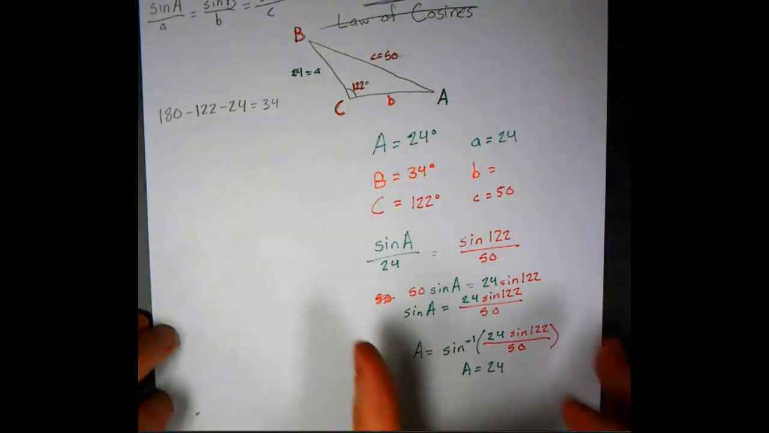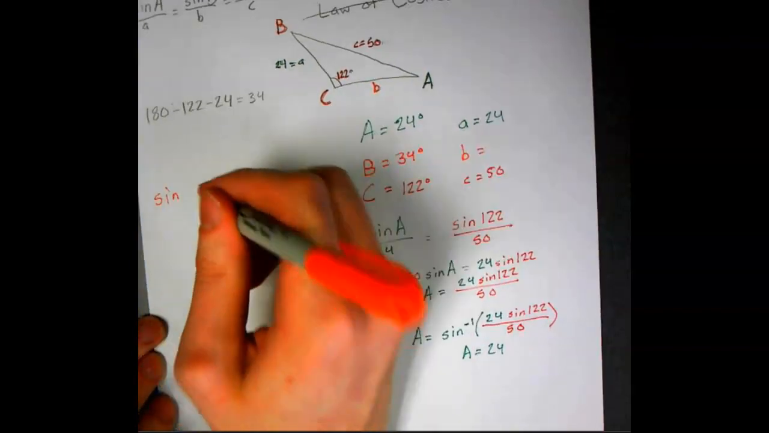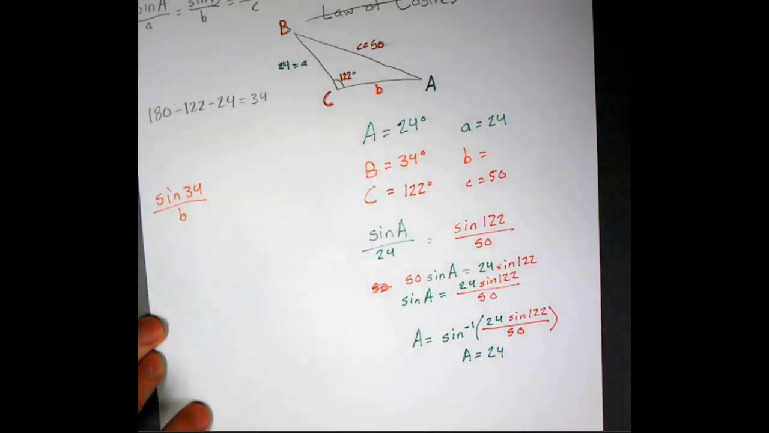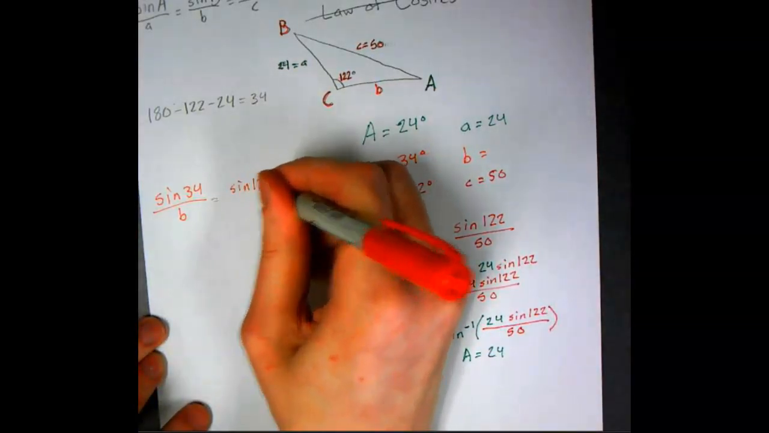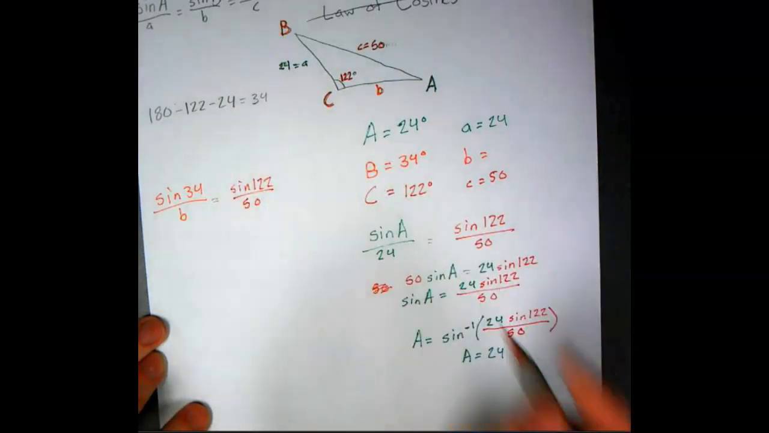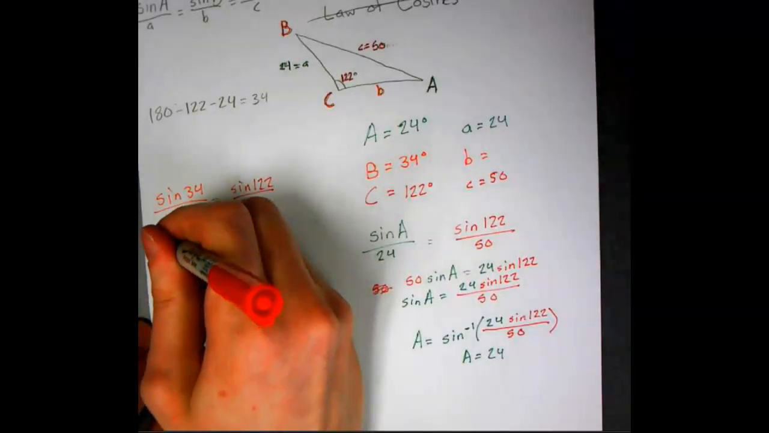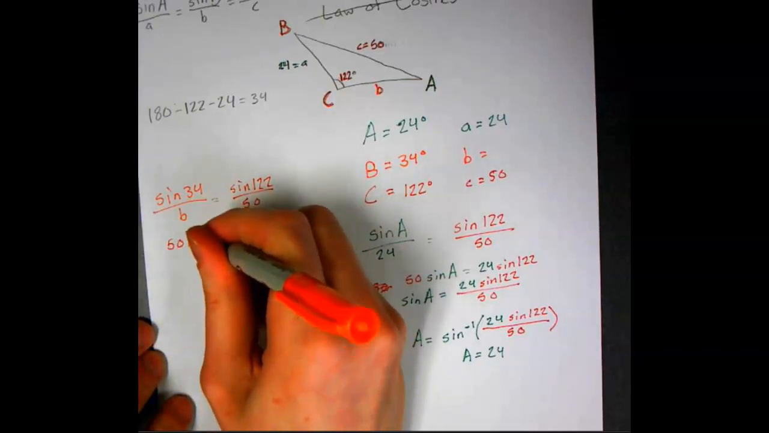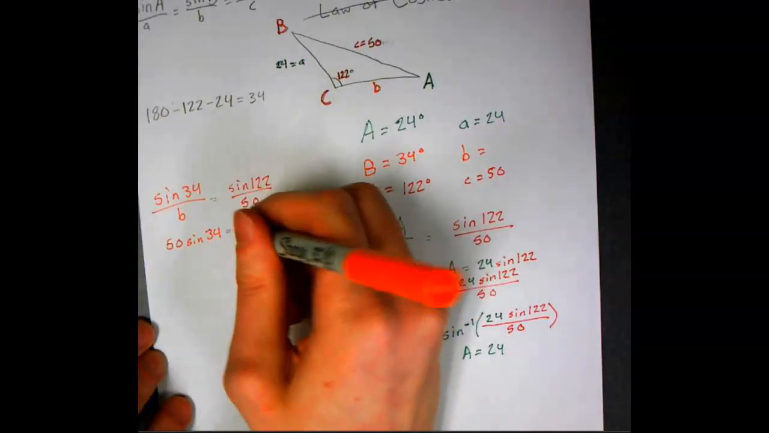Now we're going to do the same type of setup that we were doing and solve for side B. So sine of 34 over B is going to equal, and we'll just use side C again, so sine of 122 over 50. We are going to cross multiply. So we'll say 50 sine 34 equals B